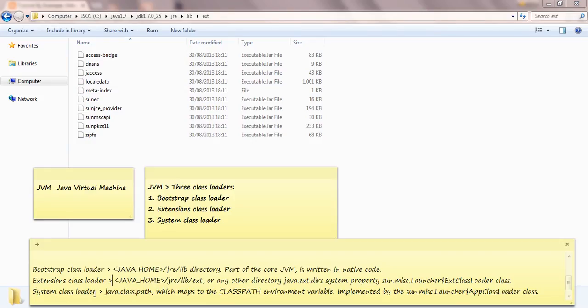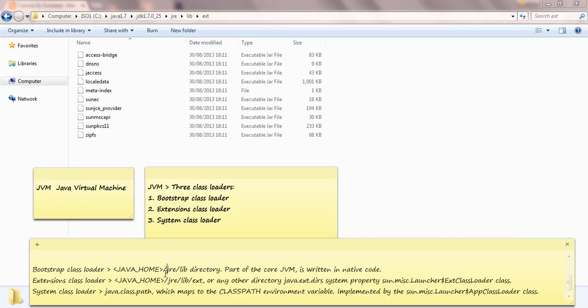The system class loader loads whatever libraries are in the Java class path or your environment class path, either on Unix or Windows systems, and that will be available for the JVM and used at runtime. It is implemented by the launcher AppClassLoader.